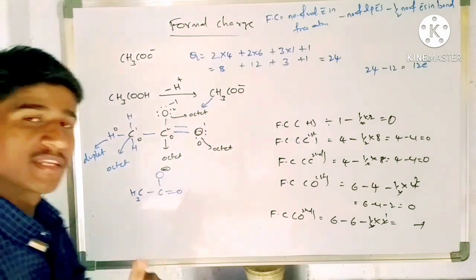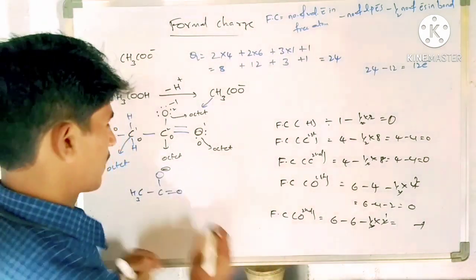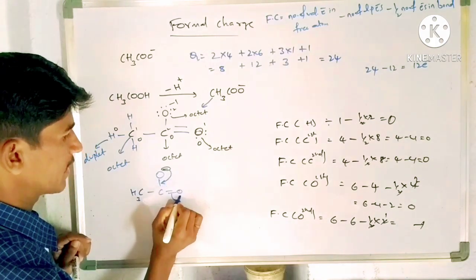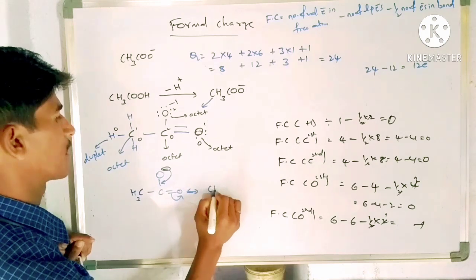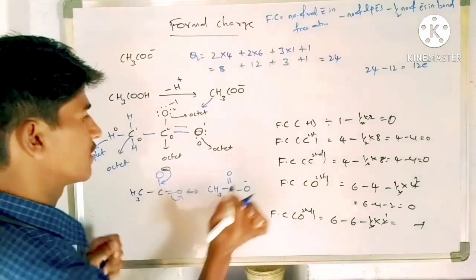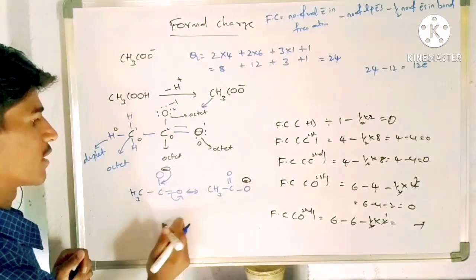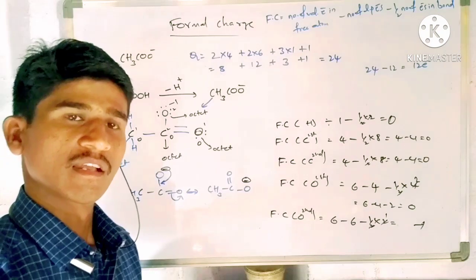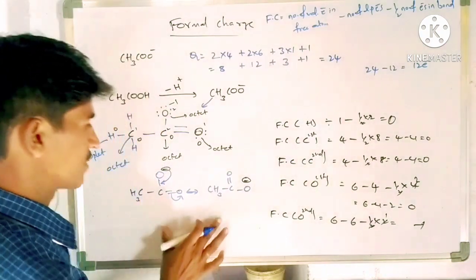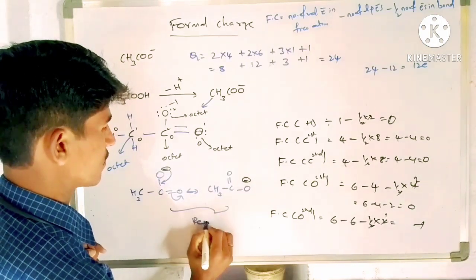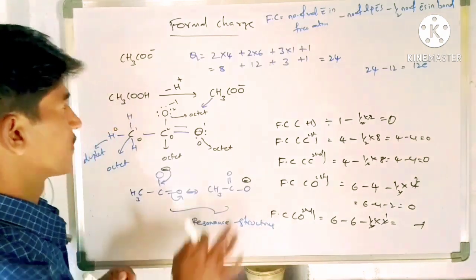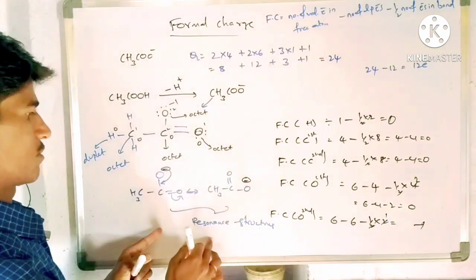Is it possible to write this structure in a different manner? For example, when this minus charge jumps to here, then this pi electron jumps to here. So what happened? CH3 C, this is a double bond O, and this O again turns into minus. Now these two are resonance structures: everything is the same, only the arrangement of the electron pairs is different. These two are resonance structures.